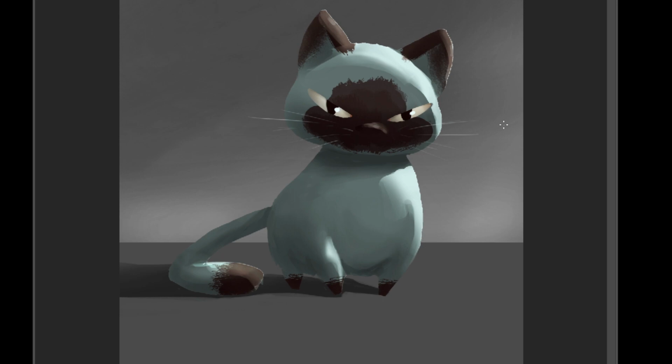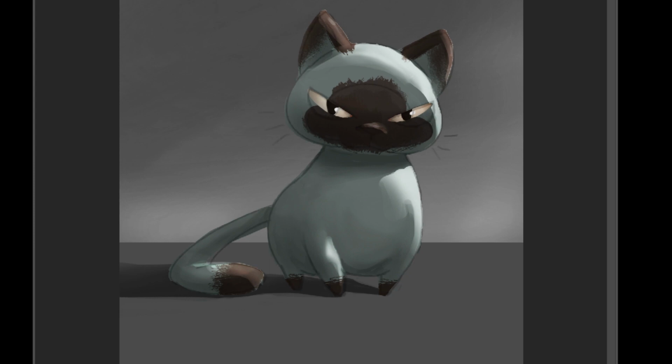So basically you have to understand lighting is everything in painting. Without light you wouldn't be able to see color, you wouldn't be able to see shadow, or it wouldn't even be form. So anyways, first we're going to start